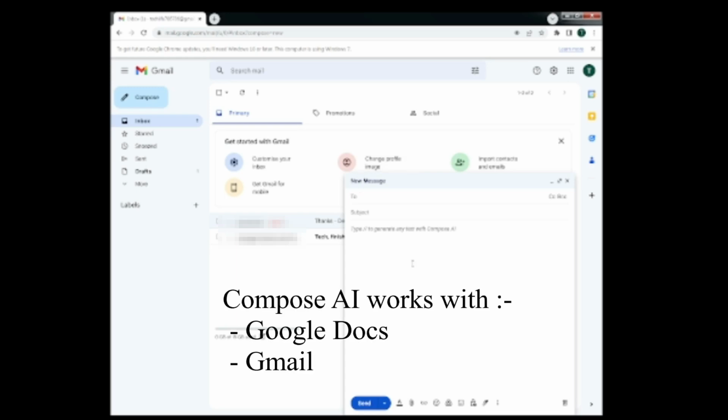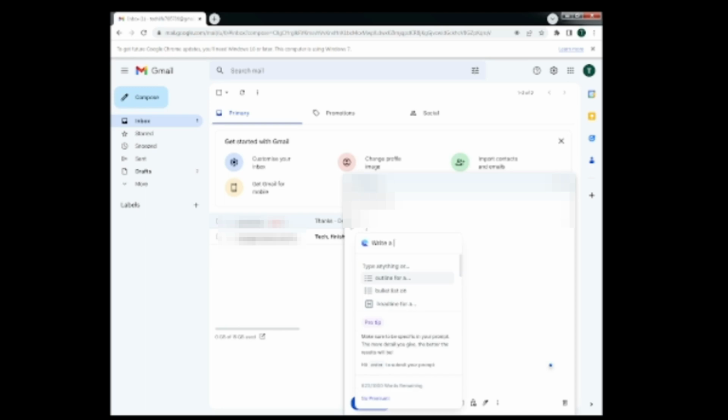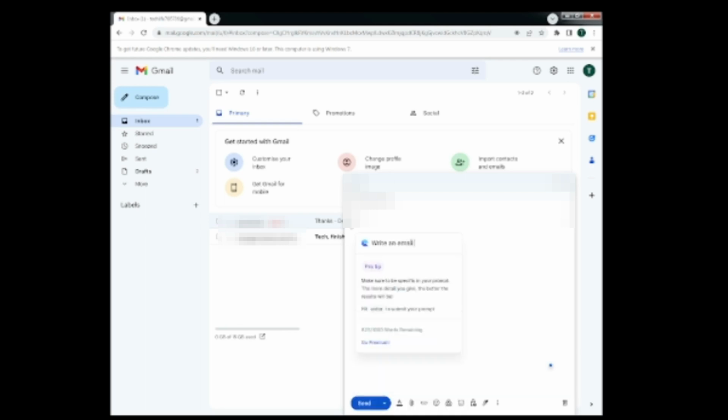So I'm in one of my Gmail accounts, and here, if I do 2 forward slashes, I get a prompt text box here, and I can type in something simple like write a email thanking